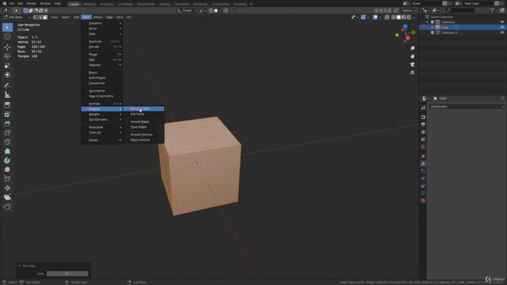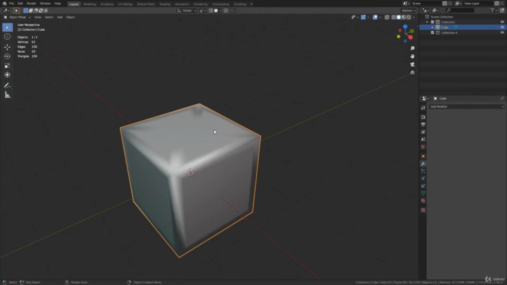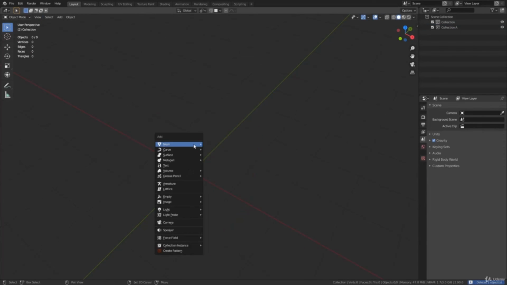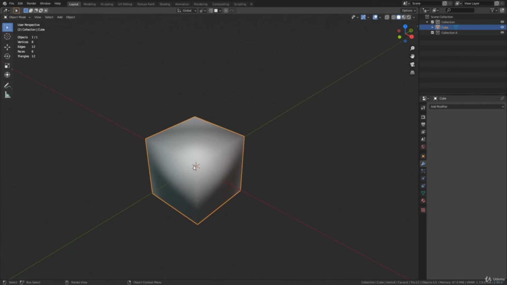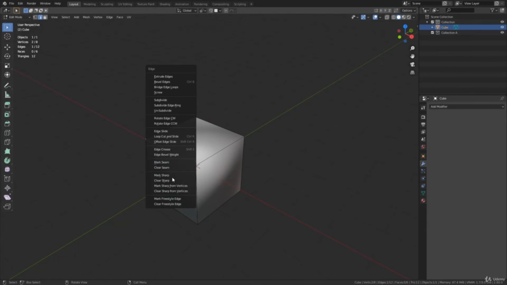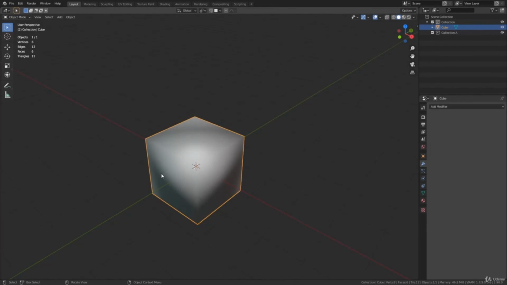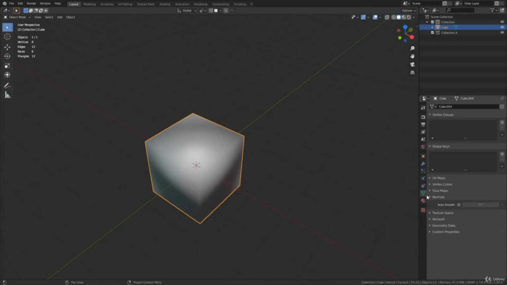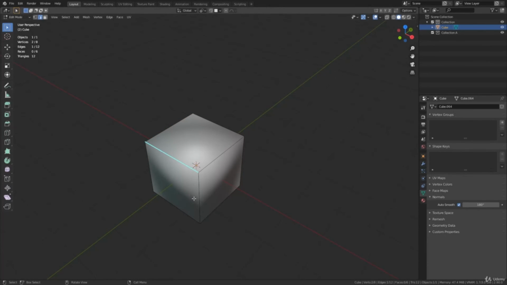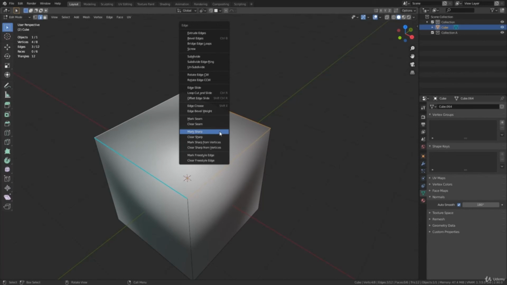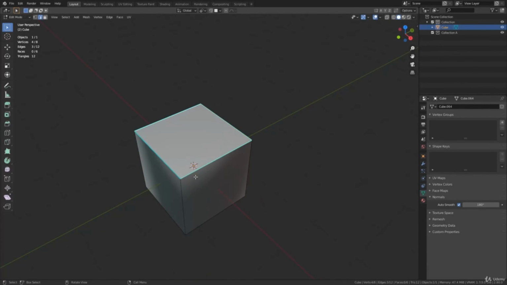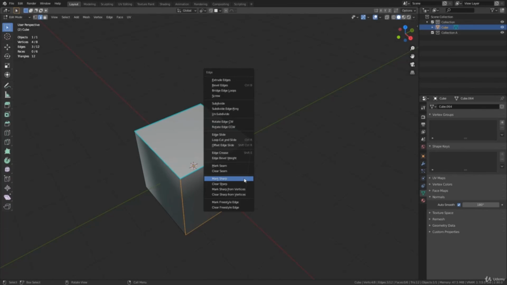And another thing, in shading. I already showed you how to right click and shade smooth, and let me show it to you on the cube for now. If I were to right click and shade smooth, you'll see that the shading looks super weird, but one thing is that you can also mark sharp. You'll see that it doesn't really make a difference, and that's because you have to go over here in normals, turn on auto smooth and set it all the way up. You'll see that now it's 180 degrees, and if I were to select this face over here, hit Ctrl E and mark sharp, you'll see that we can select which edges are sharp